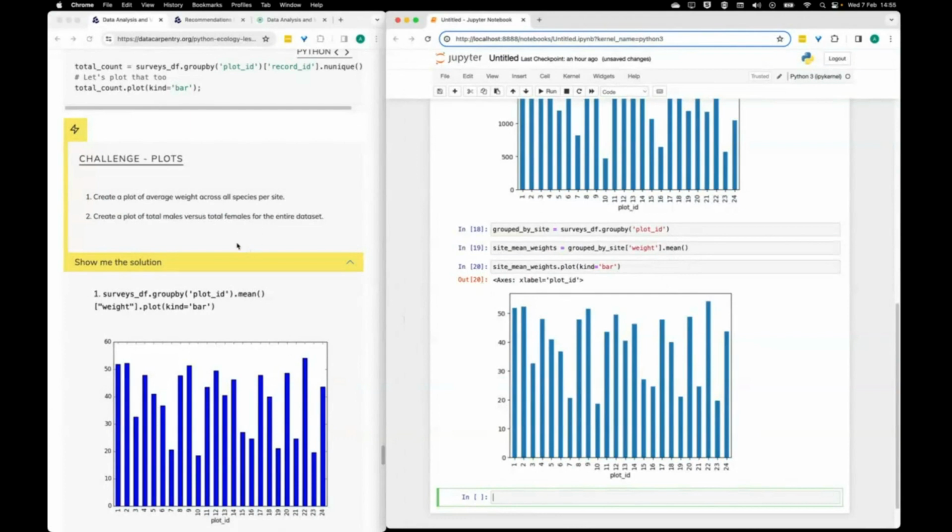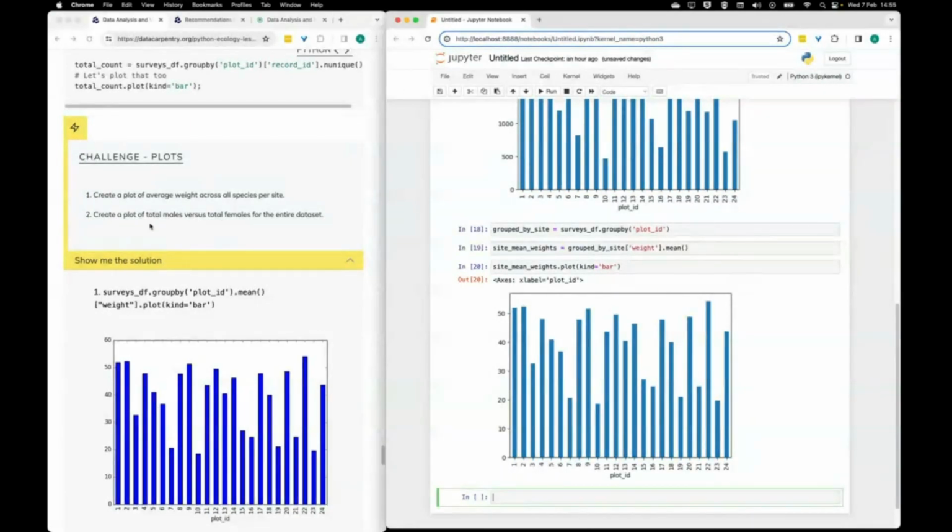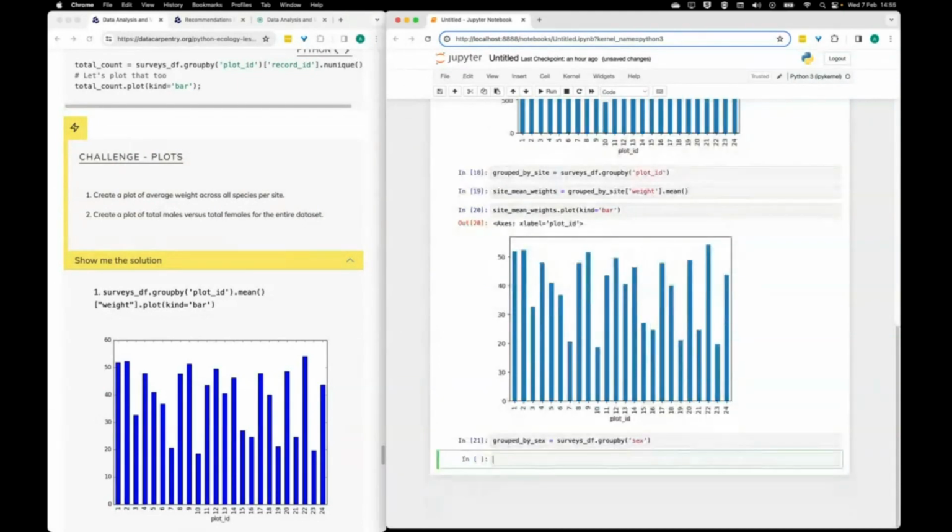You can time it. So for point 2, we want a plot of total number of males versus total number of females for the entire data set. So how can we do that? Well, we'd clearly want to be grouping all our data according to sex, and then we would want to count for each